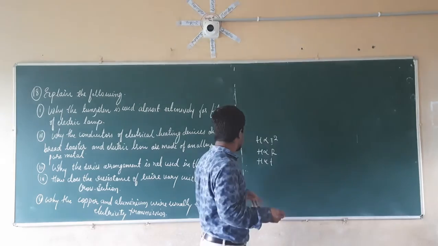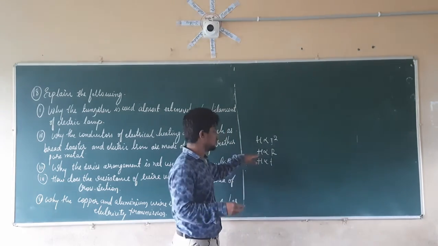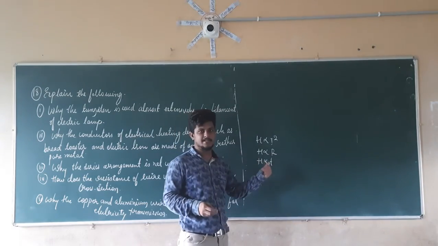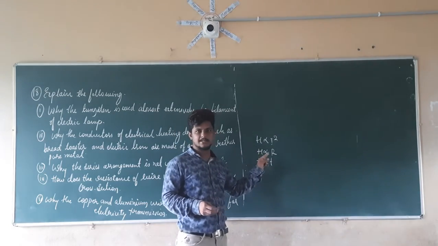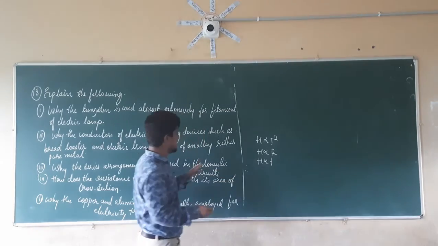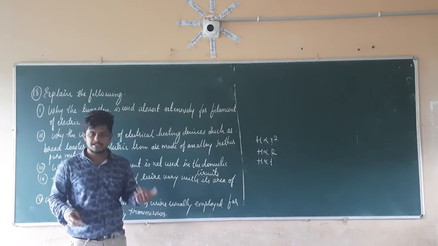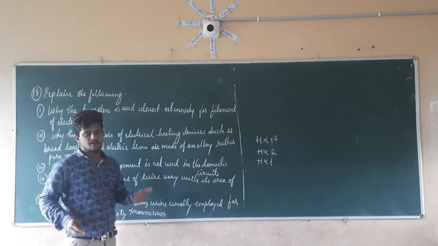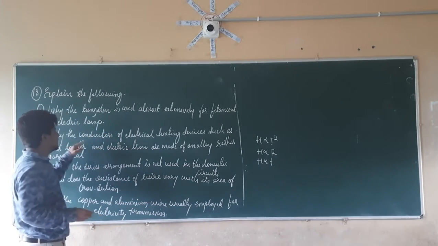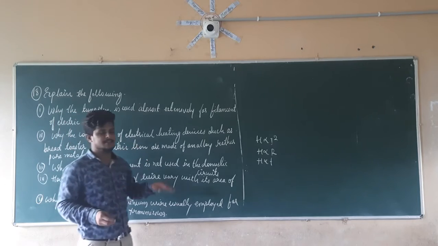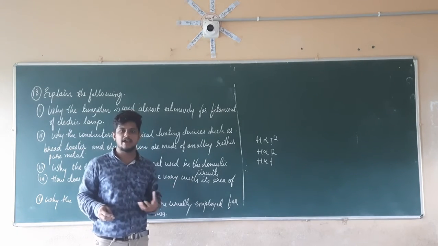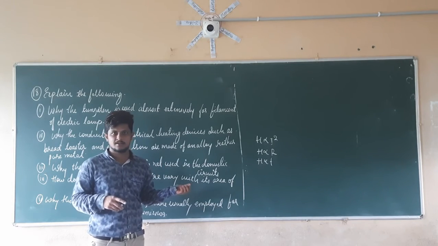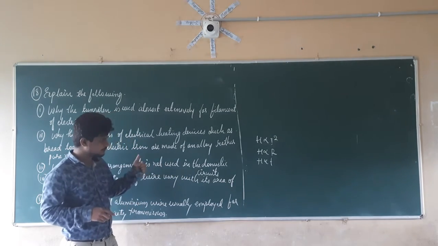If they have more resistance, they are going to provide more heat energy, since the heating effect of electric current is directly proportional to the resistance. Since an alloy has more resistance, because of that resistance it provides more energy. For that reason, the conductors of electrical heating devices have an alloy as the conducting material inside them, not pure metals. For that reason only.